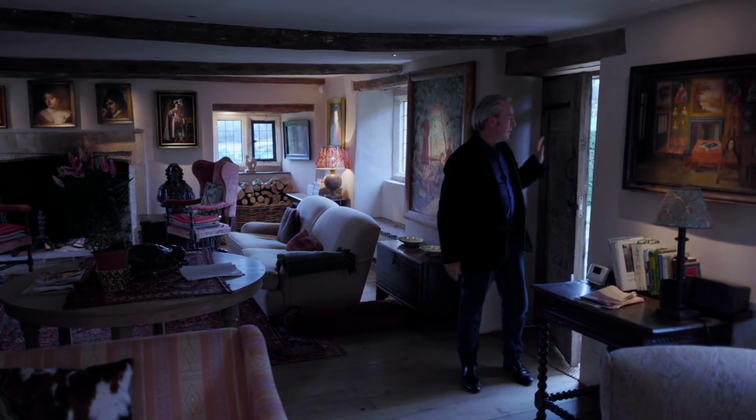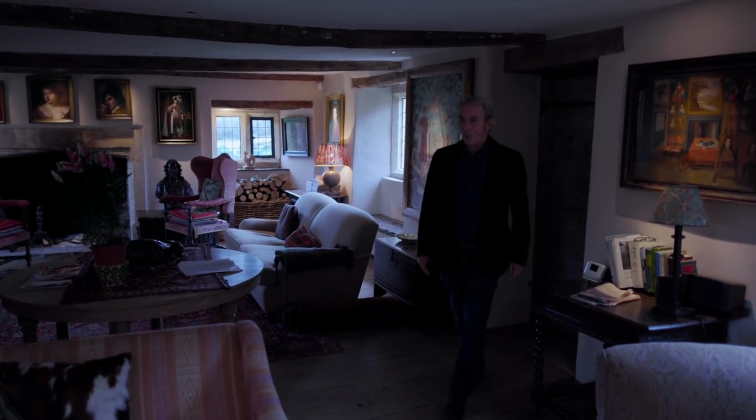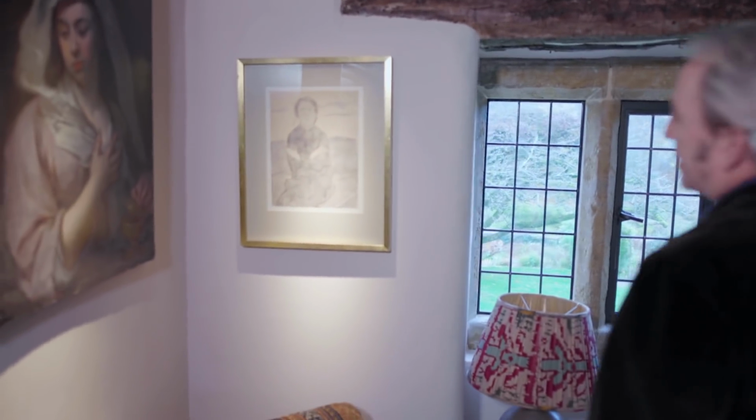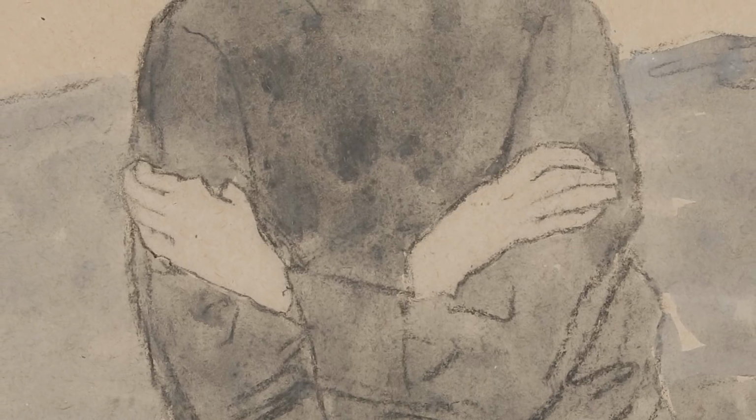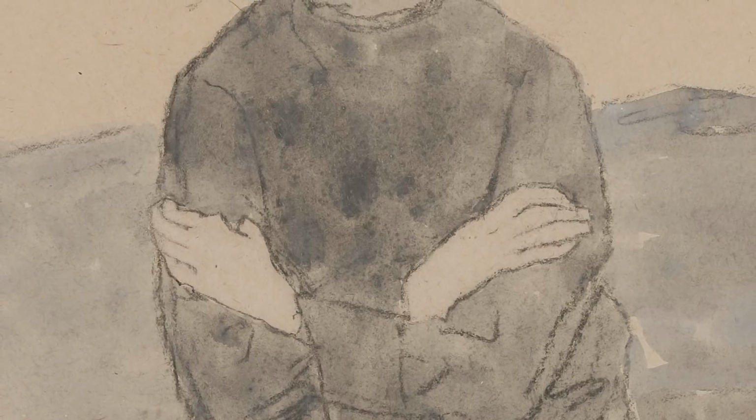I want to take you to the corner of the room where sits this little subtle watercolour in grey washes. And although it is quite diminutive, you could say doesn't have a great aesthetic impact, I think it has profound psychological presence. Those of you, incidentally, who were clever enough to recognise that the hands were indeed by a recognisable